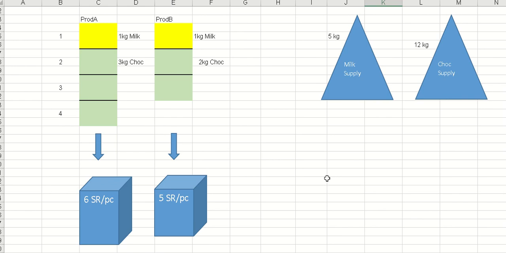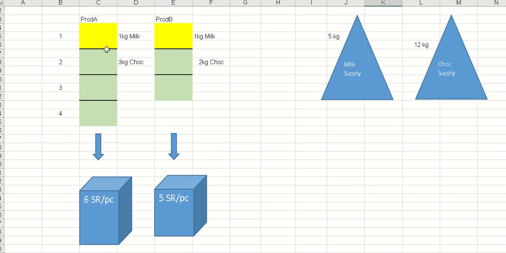I'm limited with my supply. If the amount of milk and amount of chocolate is like there's no limit, then there's no limit in the production of product A and product B. And so I have to work along this line. And if I have to work along this line, I have to know which part of my product is consuming milk and consuming chocolate. In this particular case, product A,